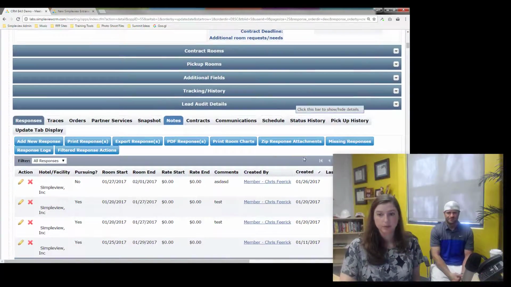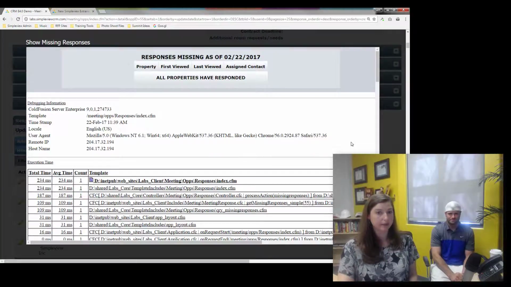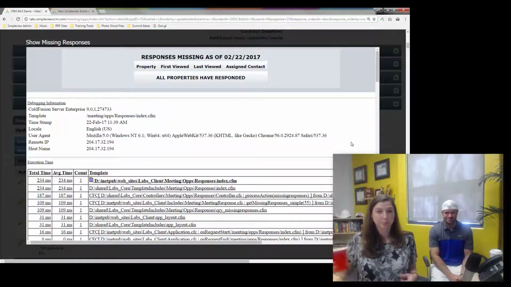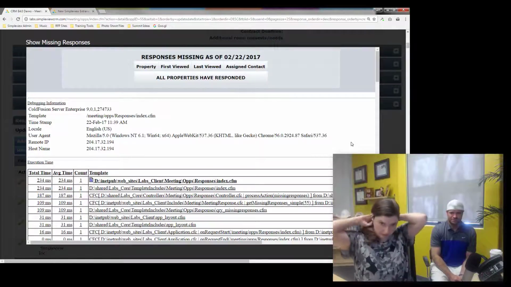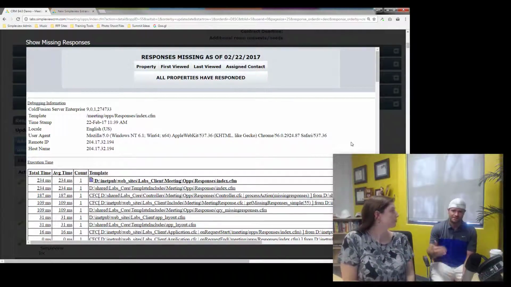Correct. Let me scroll down here really quick. So this particular button, I'm going to let you talk. Our concept of missing responses has changed a bit. The missing responses used to look kind of across the 3 date sets and say, hey, you responded to this date set, this date set, this date set. Now you can respond to any of those date sets, basically, and we need to only show you the ones